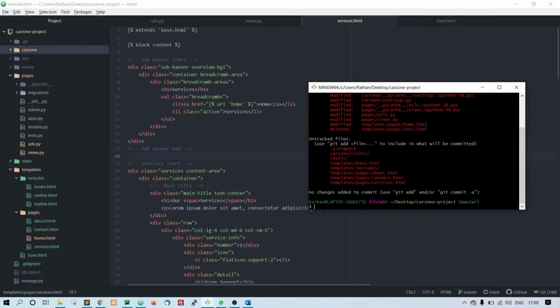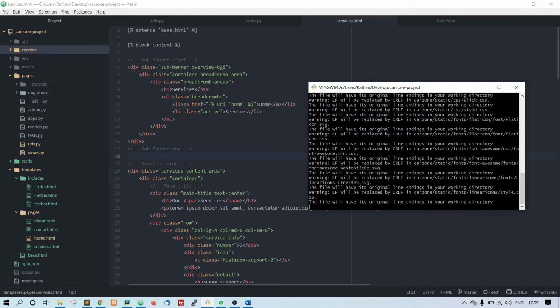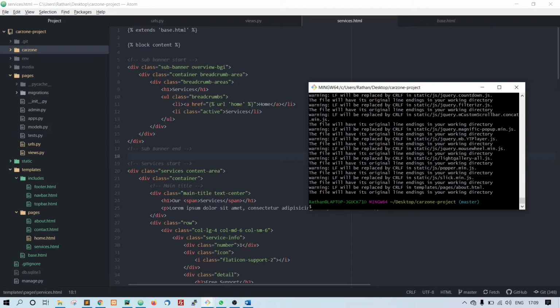Alright, now let us add all these changes to our git repo. git add -A. Okay, we have added it. Now let's git commit -m. Let's give any message here.